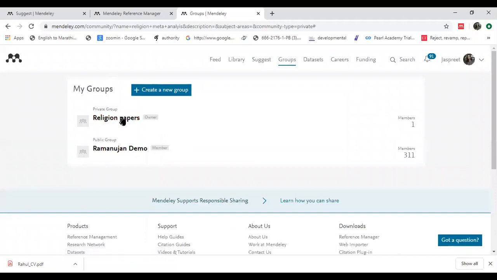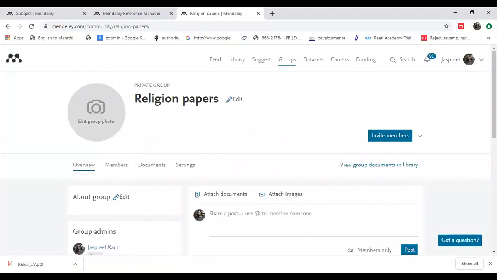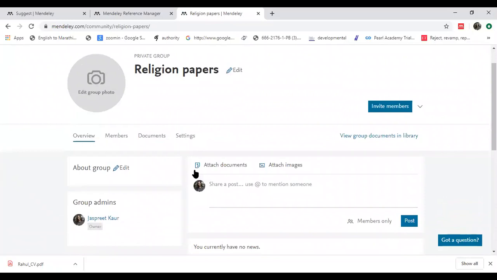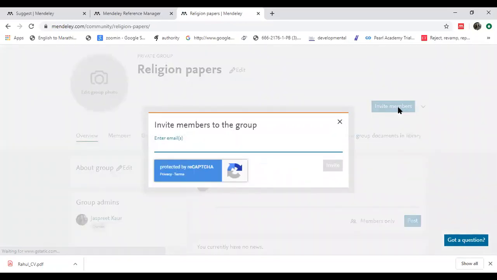And when this group is created, I can go forward and invite members. Now, what am I doing? I will enter the email ID of my co-authors who are working on this paper, who are also putting papers into this folder from different parts of the world.